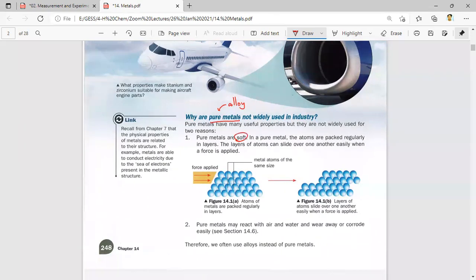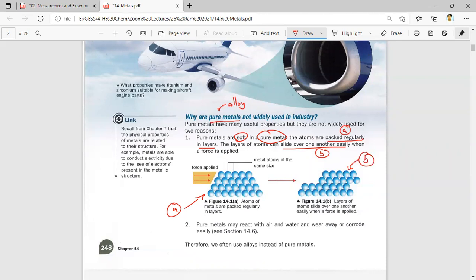Pure metals, generally, they are soft. If they are soft, this means that they're not hard. What does it mean by they are not hard? In the concept, when you look at a microscope, when you go all the way down to the atom level, you realize that atoms are packed regularly in layers if they are pure. In pure metals, they are packed regularly in layers, as you can see in this diagram. So this is point A, packed regularly in layers. If I apply a force, because they are so regular, they can actually slide over one another easily, which is seen over here,